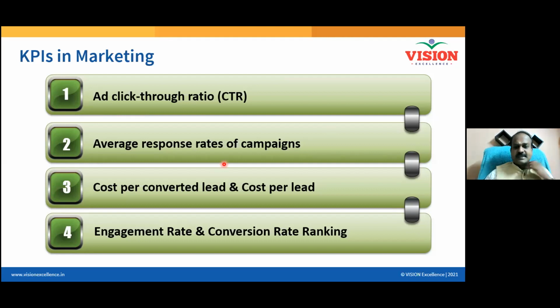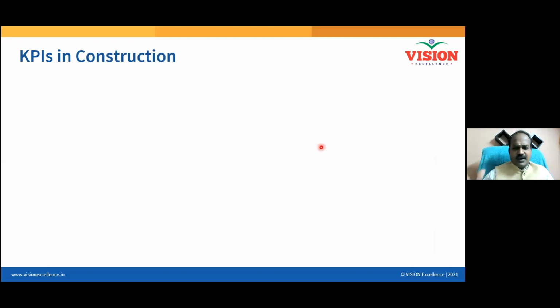Like there are a lot of Six Sigma programs happening, and there are so many similar campaigns. How is your campaign performing with respect to similar other campaigns in the country or in the particular segment? So some ranking can be awarded. So you can try to improvise your advertisement in such a way that your ad reaches more people. This is how you can use Six Sigma in digital marketing. All that depends on your ability to identify the right metric which can truly reflect your performance.